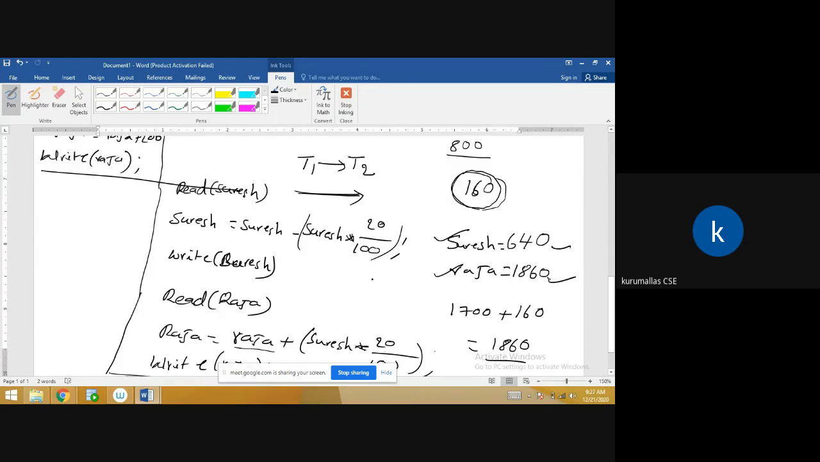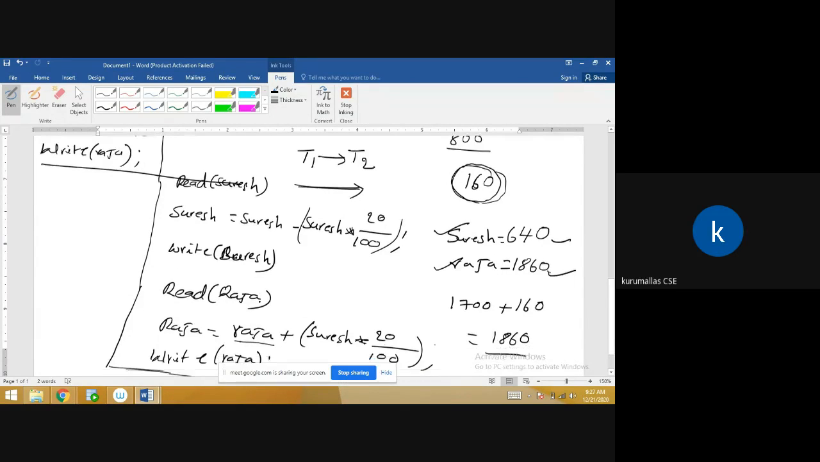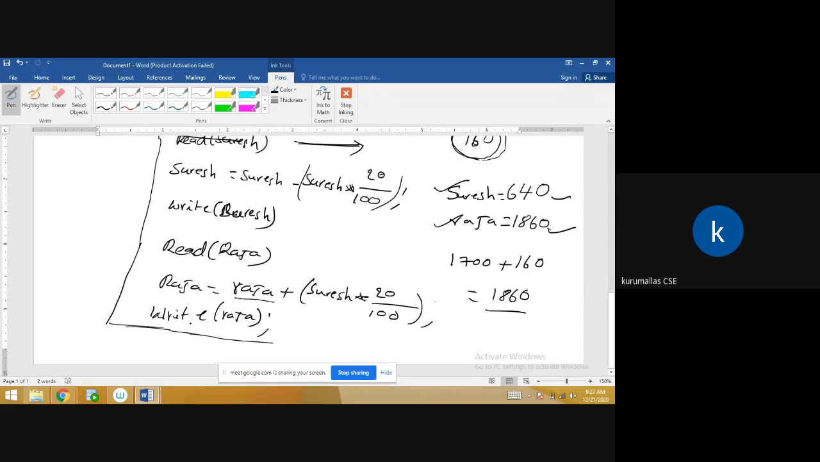Now the same transactions, if you reverse them, if T2 started first and T1 started next, then we have to see what is the final amount of Suresh and what is the final amount of Raja, right? So here,